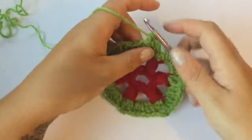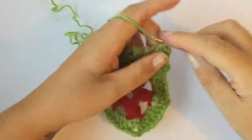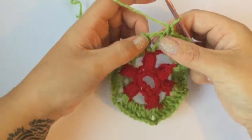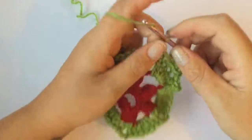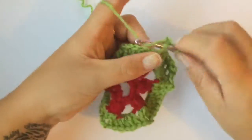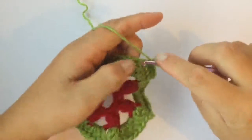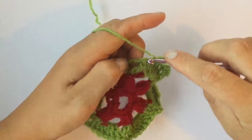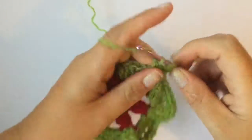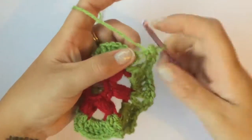So last round, so chain 1 and do 1 single crochet into each of the stitches along. Okay, so you're going to have 7 along the top until you get to the gap. Okay, in the gap do 1 single crochet, chain 2 and 1 single crochet, and then in the next 7 stitches do 1 single crochet. So 1, 2, 3, 4, 5, 6 and 7, and you're back to the next chain 2 space and do 1 single crochet, chain 2 and 1 single crochet, and then in the next 7,